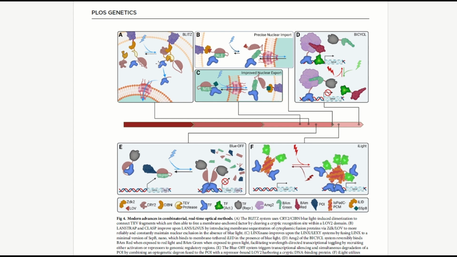BLITZ consists of two parts: a transmembrane bound fusion of CIBN, a truncated version of CIB1, the N-terminal portion of the tobacco etch virus protease TEV, ASLOV2, TEV cleavage site, and a transcriptional activator, and a soluble portion consisting of Cry2 PHR, a truncated version of Cry2, and the C-terminus of TEV, CTEV. Upon exposure to blue light, binding of Cry2 PHR to CIBN facilitates interaction of the two parts of TEV while simultaneously exposing the TEV cleavage site, allowing cleavage and release